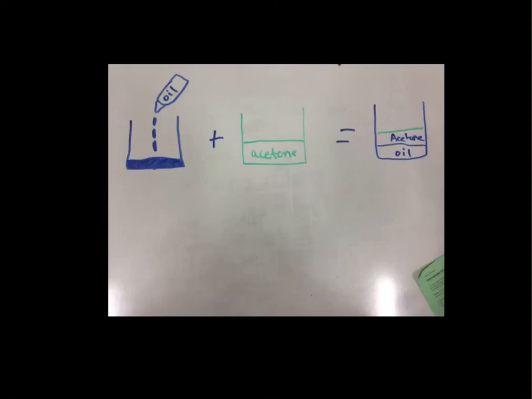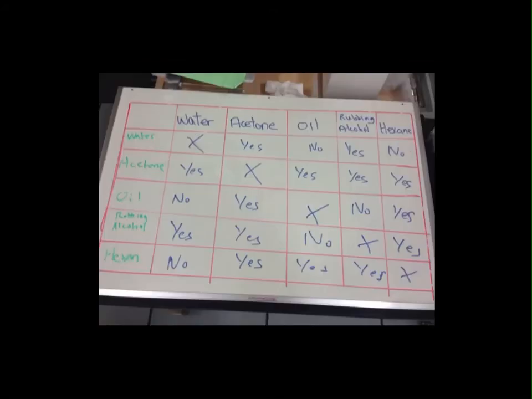Solutions were soluble with each other. For example, we took colored water and acetone and put them in a test tube together. When we saw that they mixed, we wrote down soluble on our table. We did the same thing with water and oil, and when they didn't mix, we wrote they weren't soluble on a table. We repeated this process with every single substance, testing to see which ones were soluble with each other